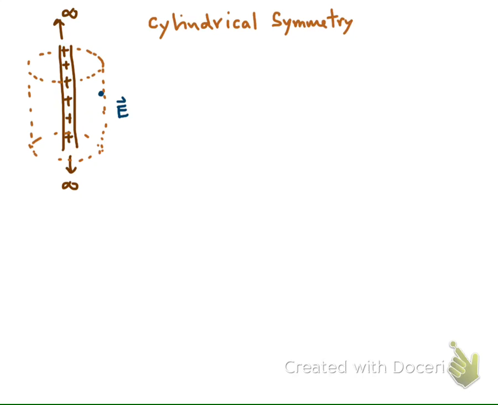If the distance from the line charge to the point of interest is R, so the radius of this cylinder is R. Okay, and if the height of this cylinder is H,